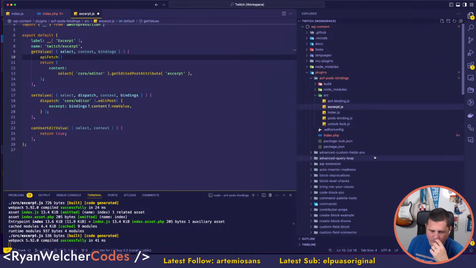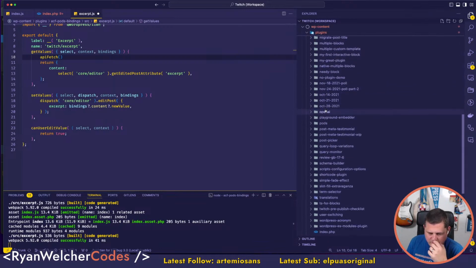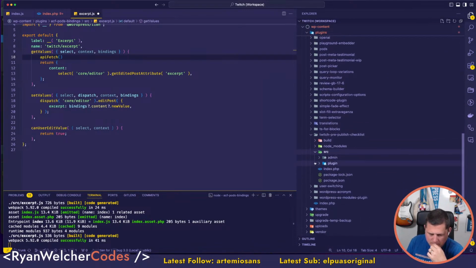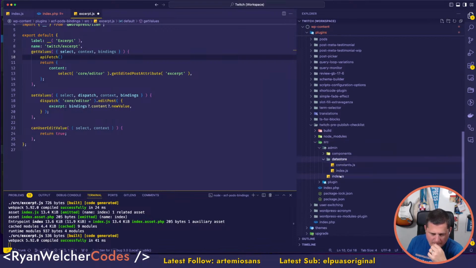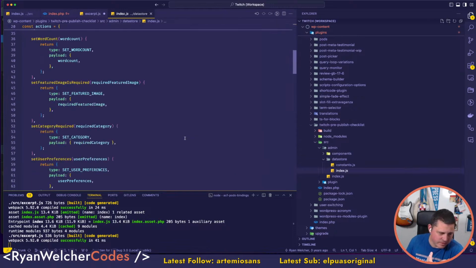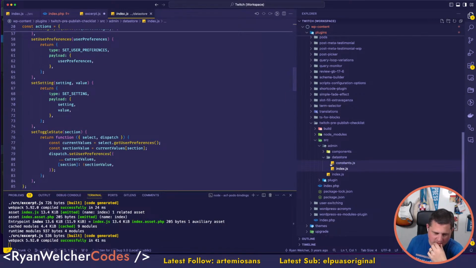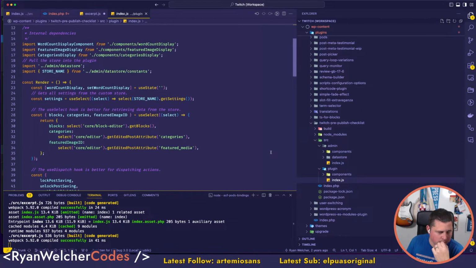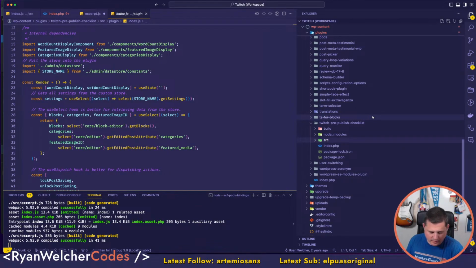Do I have a little pre-published checklist? Like this thing, source admin. Oh, I think I built a whole data store on this, but you can have your own custom data store that retrieves information. That's something you can do, right? And then just access that directly. But you can also hit